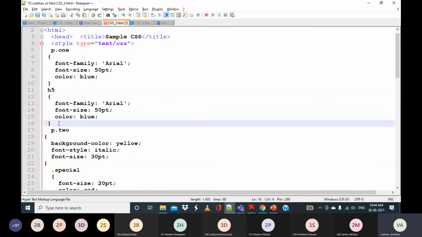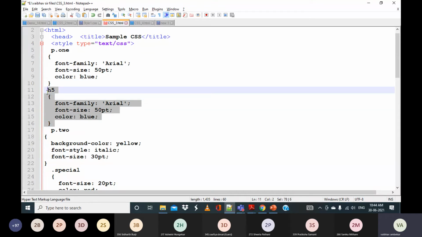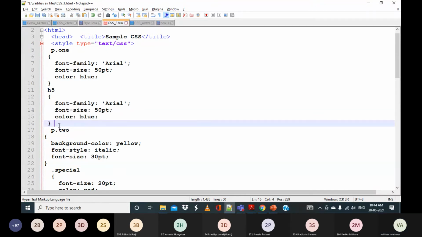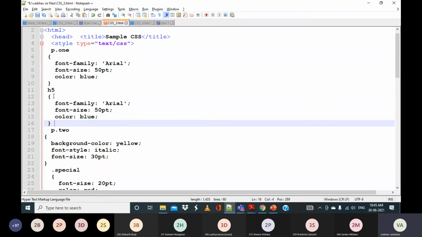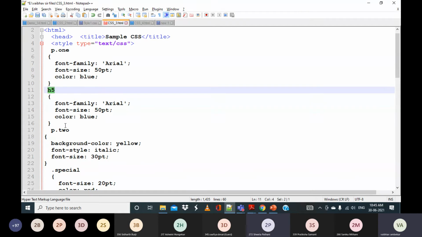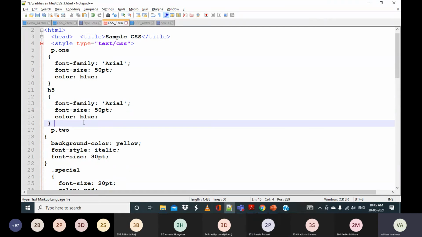Which type of selector is it now? h5 is which type of selector? Whether it is a class, a general, or a simple selector? It is a simple selector.